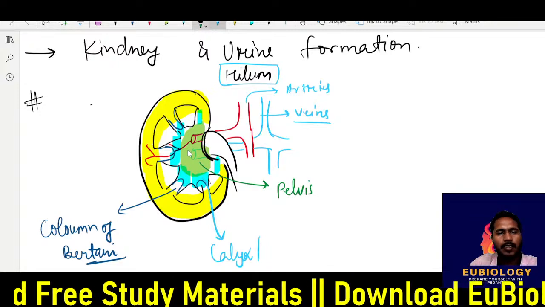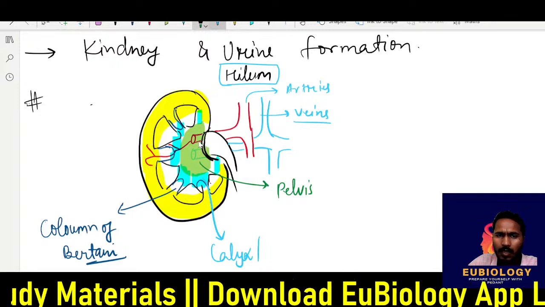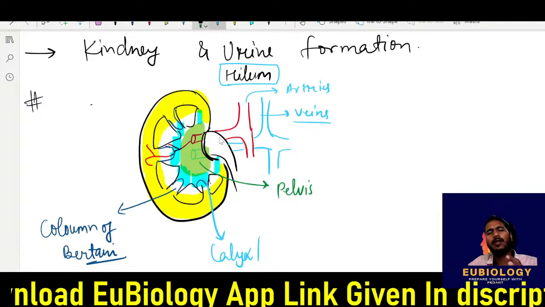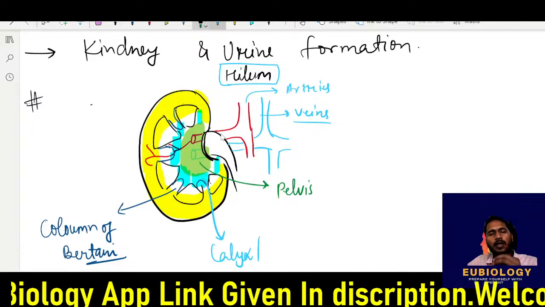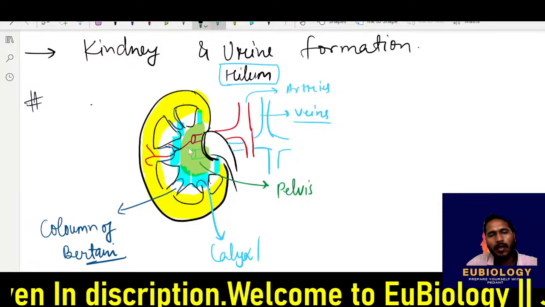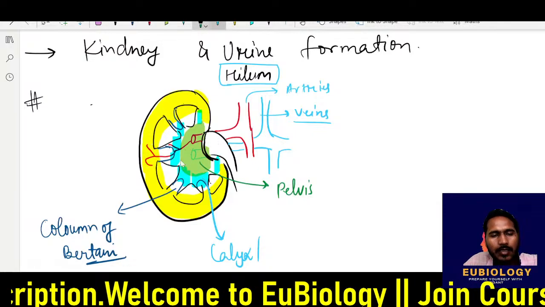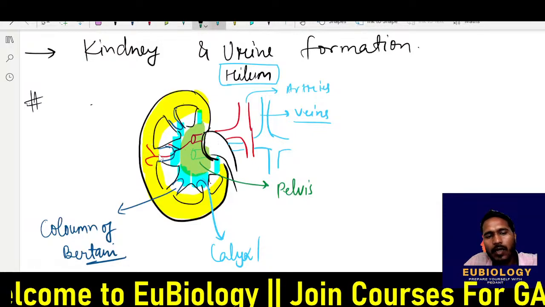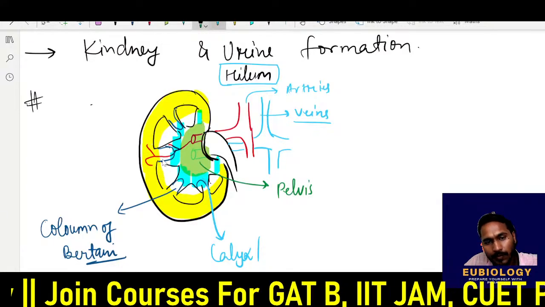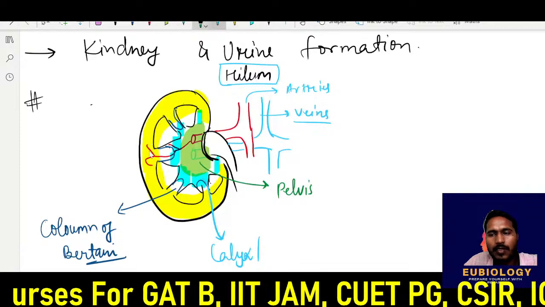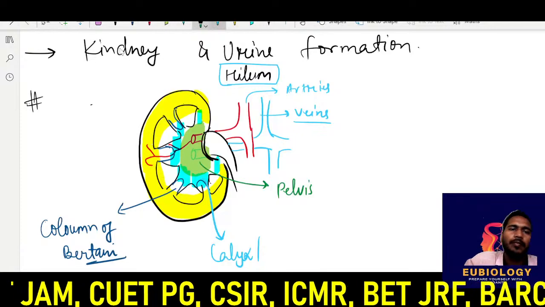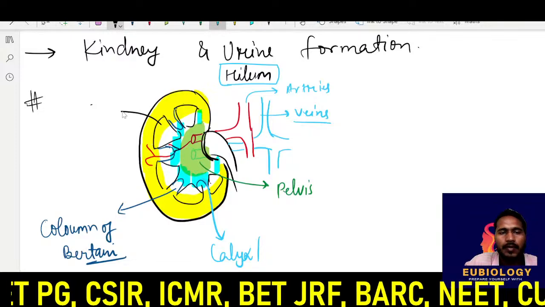Pelvis. From the pelvis, the renal tubule, you can see, so these arteries will be divided into so many capillaries, and that small tubules, and then it will pass over the calyces, major calyces, and then it will enter the column of Bertini. From there, it will go to the yellow region, which is called the cortex. And from this cortex, the renal pyramid, you can say,